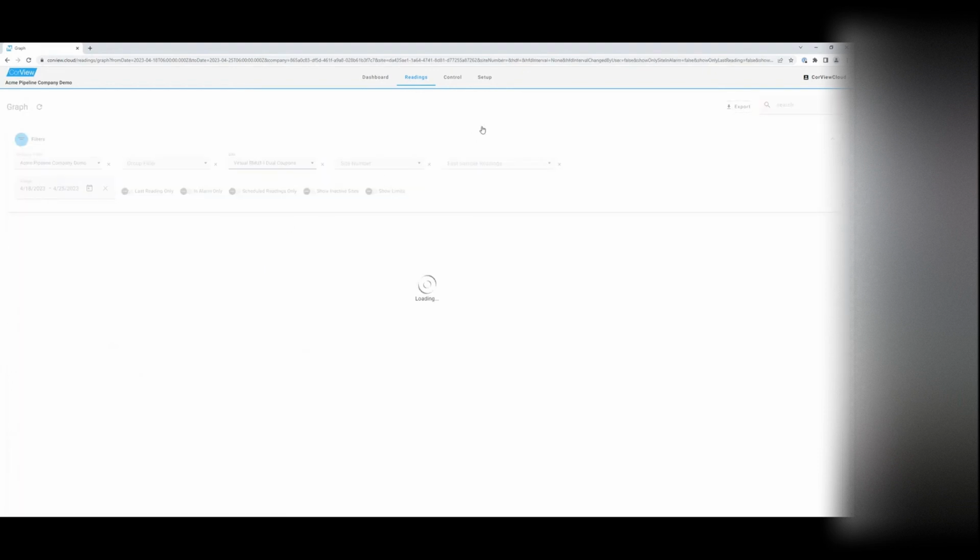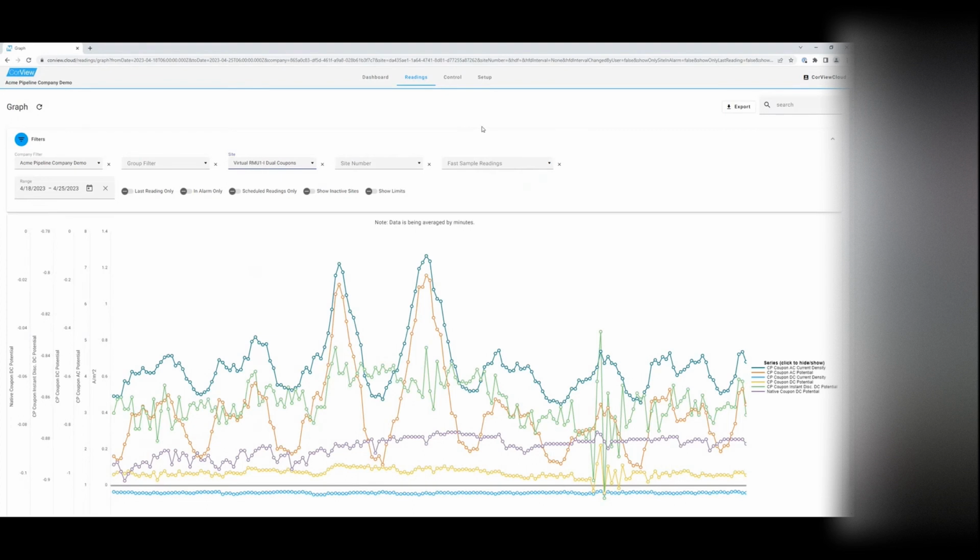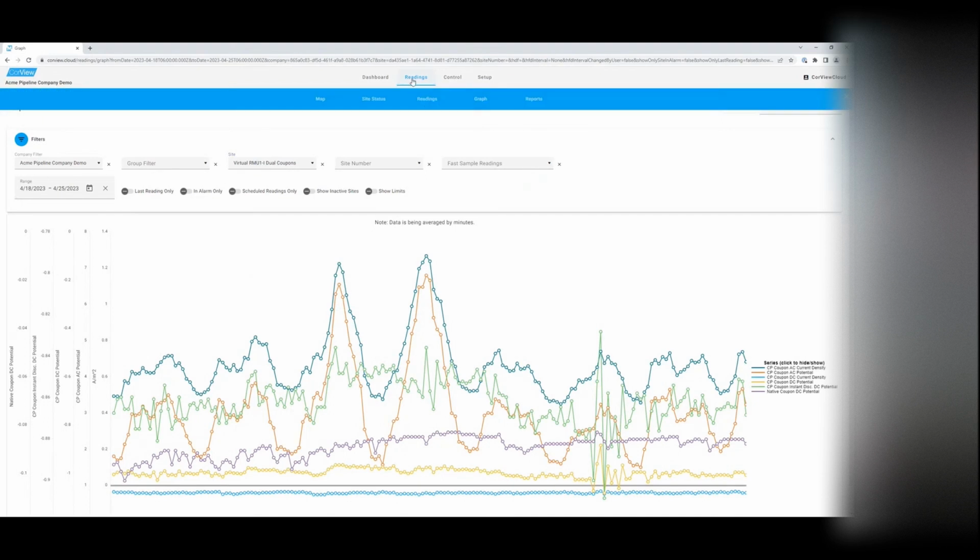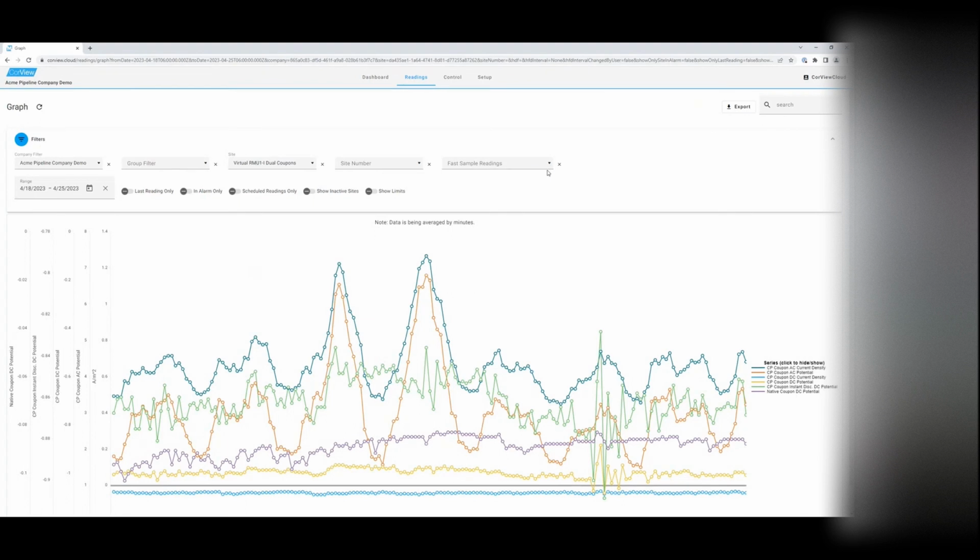Just to make a note about the graphs page. So there was a graph page available in CorView Classic. It was a paid function. We've opened that up to the floor. So in CorView.Cloud, if you want to view your information graphically, please feel free to. You can open this up here. It's just underneath the readings and then graph, and then select your information there. With the RDL1, the fast sample data will also be available, just with regards to that development on that remote